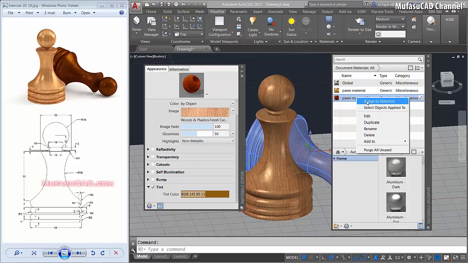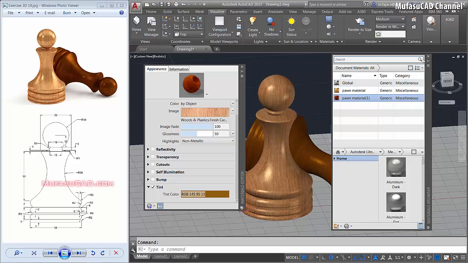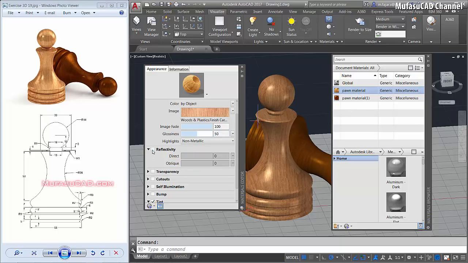You can right click and assign to selection. Okay, don't forget to activate reflectivity here. I will use this point, and then glossiness about this point. Okay, for pawn material, I will activate reflectivity to this point and move glossiness to this point.